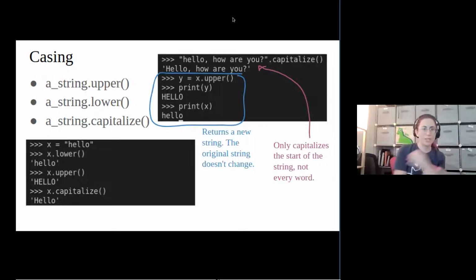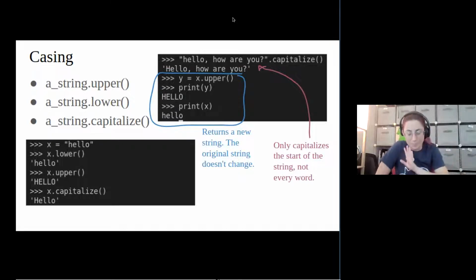Here I've got two variables, x and y. X is the first version of the string, the original. Earlier in this code, I had x equals hello, right? And x started off as hello lowercase,